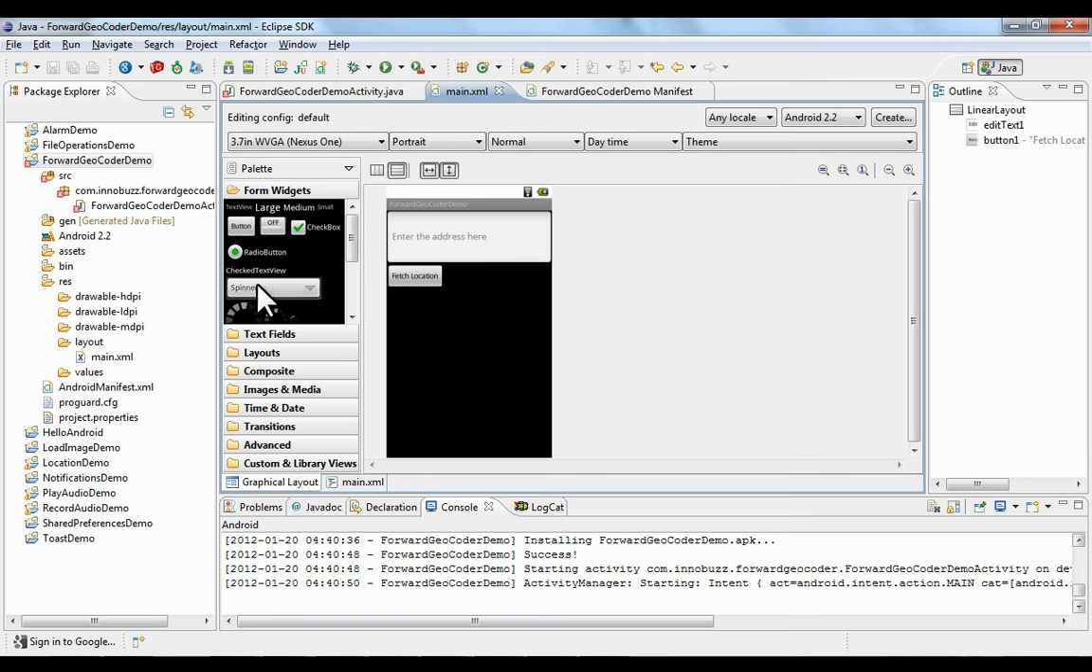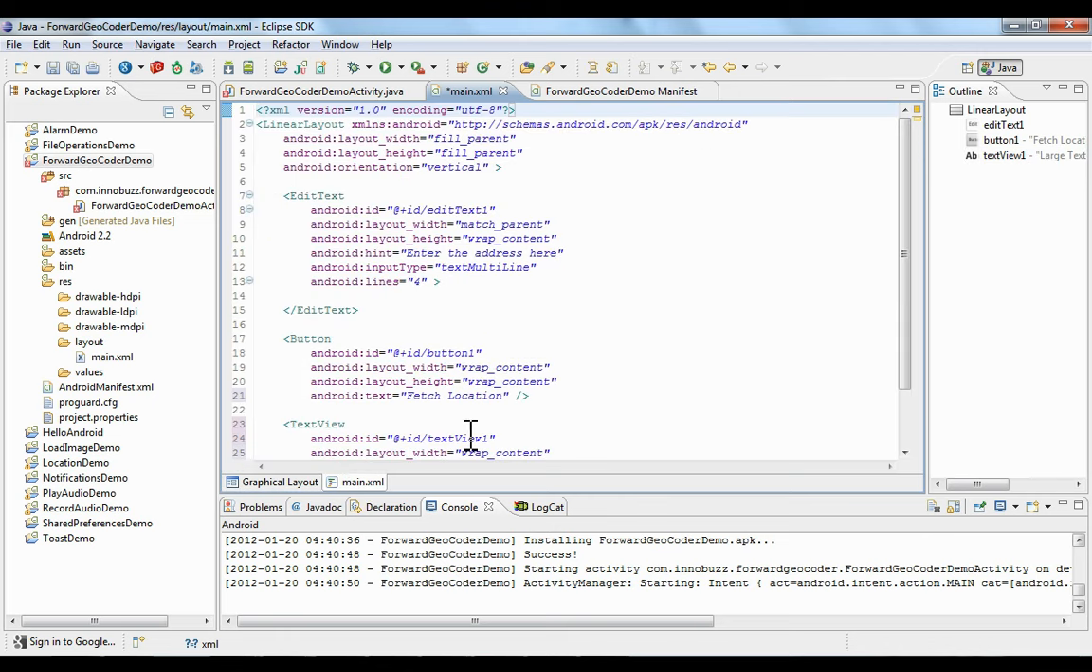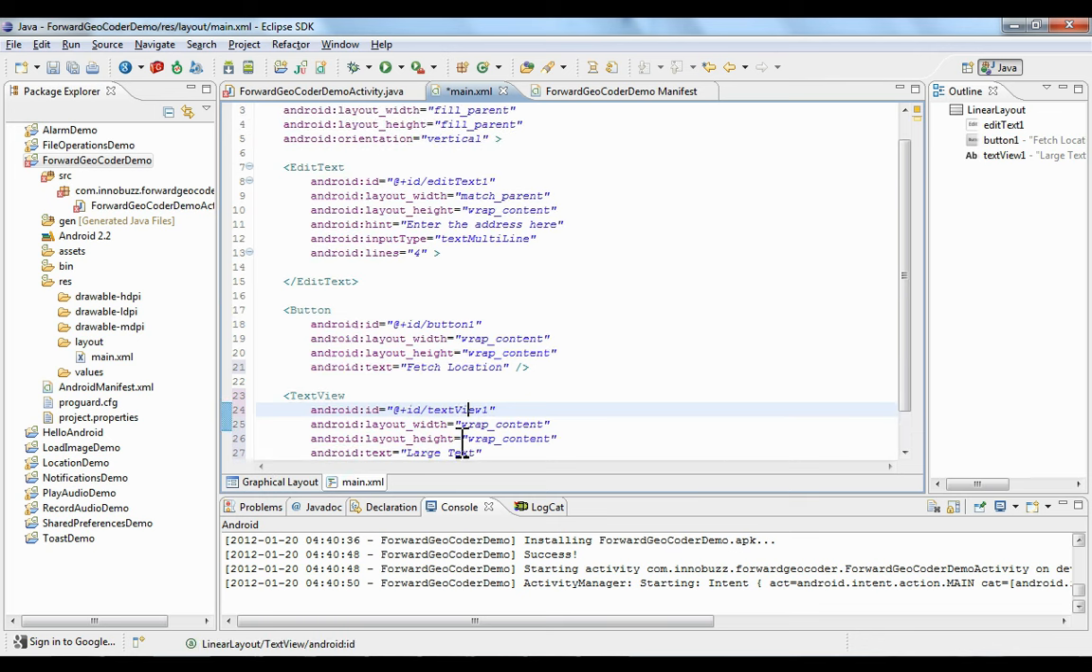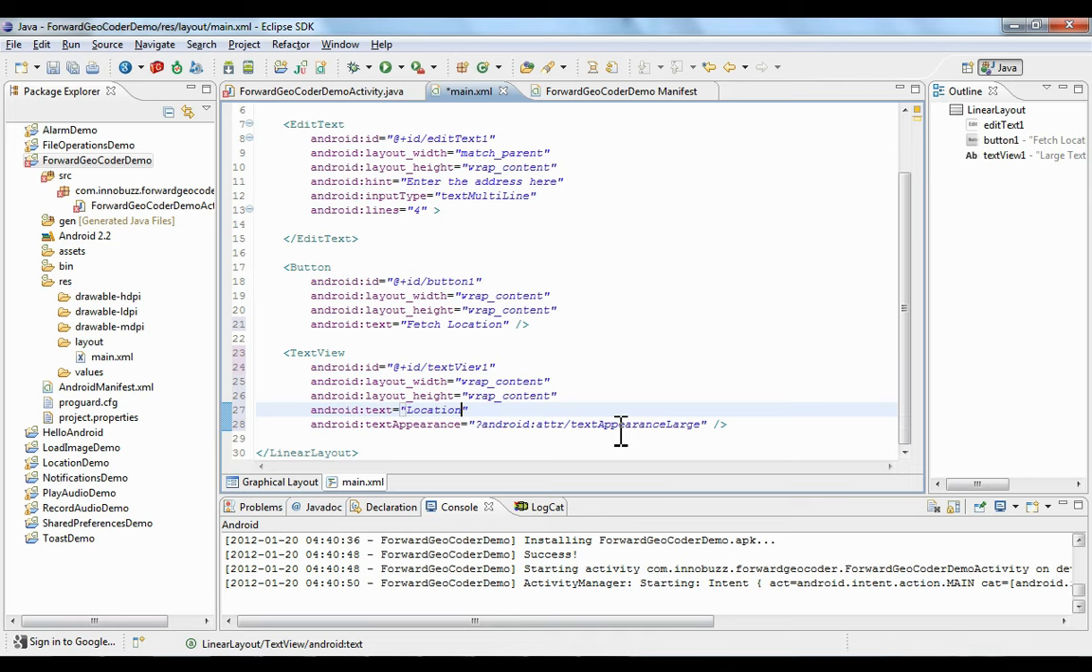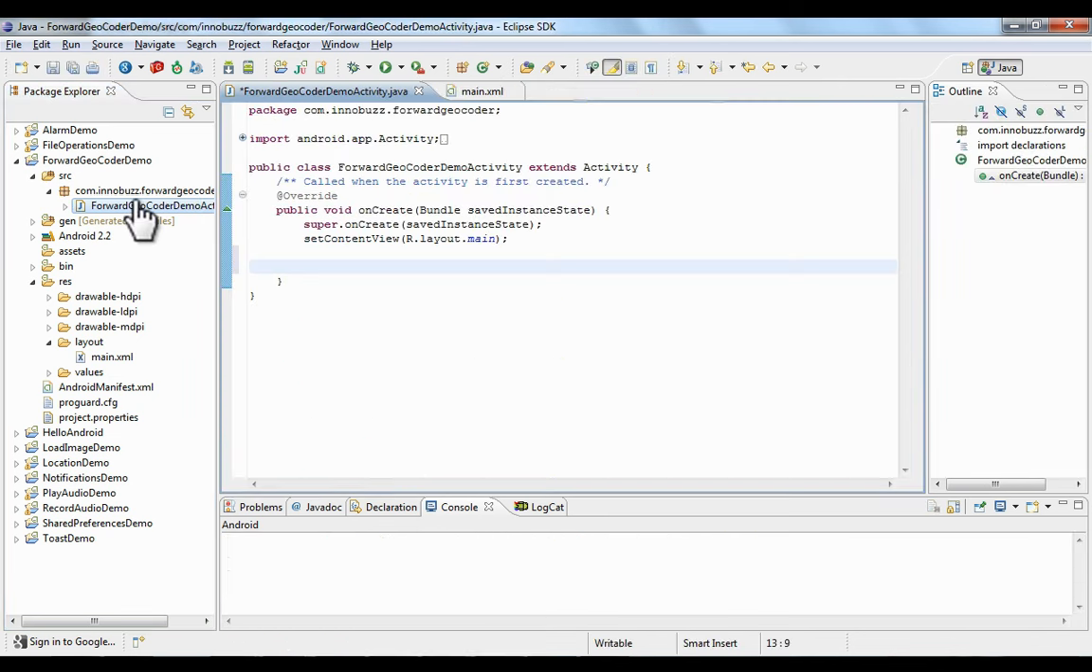We will also add a text view so that we can show the result in the text view. We'll set the text of the text view as location and save the XML file. Now going back to the activity,